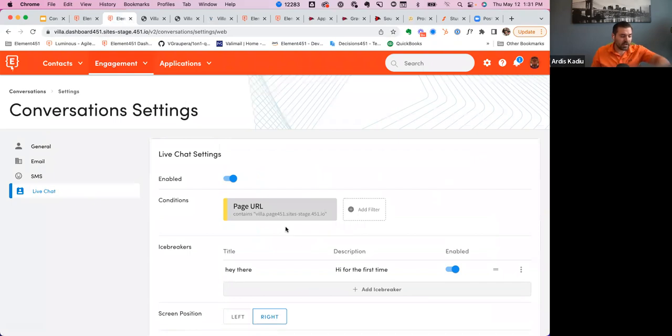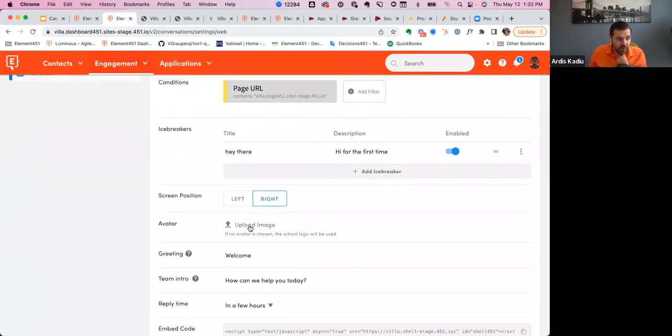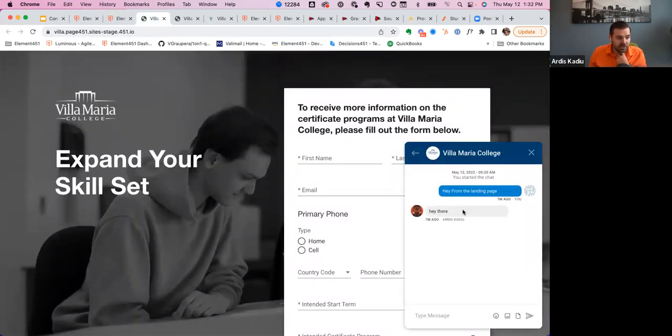So this becomes a lot easier for you to introduce it now to your staff and say, oh, I'm only going to embed this in our admissions pages, so you can only get questions about admissions. So as we go down here, the next thing we're going to see is that you can also change the positioning left or right. You can also change the avatar or the greeting of that conversation. So you can change those components in here.